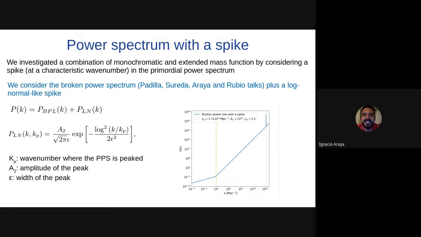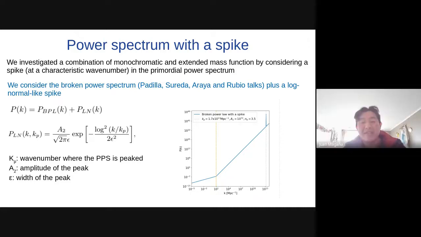So actually the scale of the peak in the mass function is not the input. The input is the wave number scale in the power spectrum where the peak is located, and the mass depends on that. So when you do the computation, the parameters your model depends on are the parameters of the power spectrum, not of the mass function, but they're related one-to-one, basically.